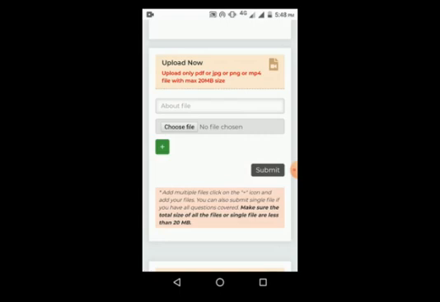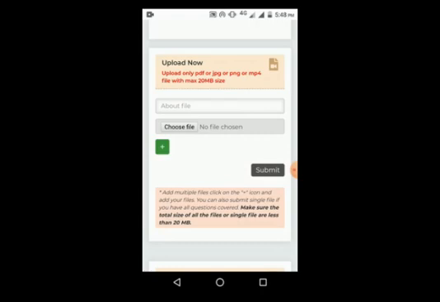Now the question is, sometimes if you want to upload any Excel file or any Word file or any PPT file, you can do that. How? First of all, you have to convert those files into PDF. If you want to upload any MS Word file, first you have to convert that MS Word file into PDF using any kind of converter, then you can upload that PDF.